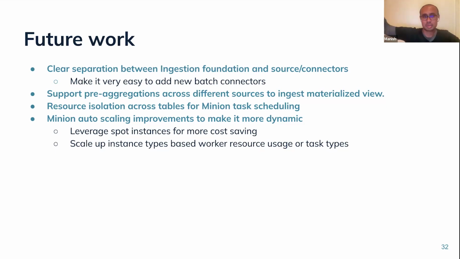And the third, I think someone asked here about multi-tenancy. We want to have some sort of resource isolation for the tables, especially as we head into SaaS. Multi-tenancy becomes really important for ingestion as well, if you want SaaS provisioning across customers. And there are many improvements that we can make in auto scaling as well, once you have heterogeneous types of machines, like how to scale up and down. So these are some things that we're thinking about.